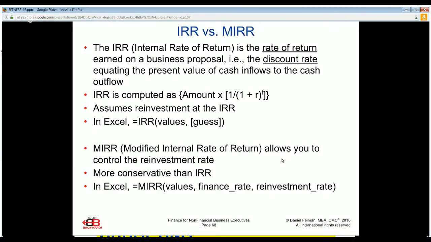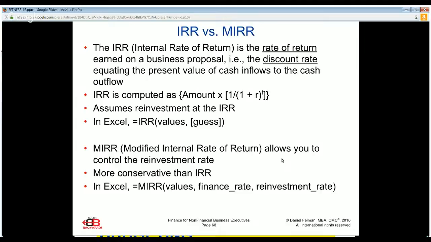It's a series of interrelated calculations. It would take much too long, and it's not worth the trouble. We literally use the Excel function that is equals IRR, open parentheses, values, comma, square parentheses, guess, close parentheses, close parentheses. What that really means is